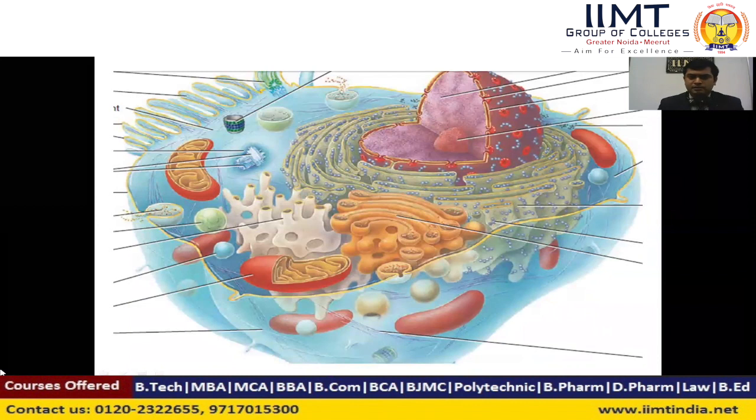As we are seeing, that is a diagram of a cell. The cell is the main structural and functional unit of the organism. In order to understand the anatomy of a cell, we divide the cell into three major components. The first is the plasma membrane, which is the outermost covering of the cell, and which does the partition between the extracellular region and the intracellular region.